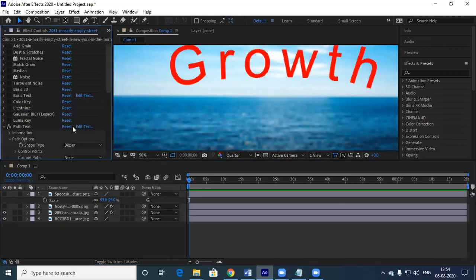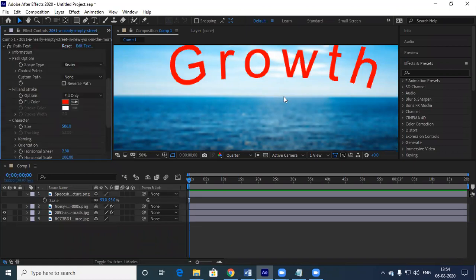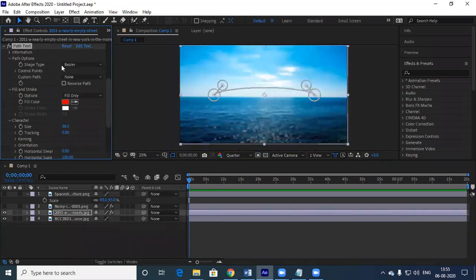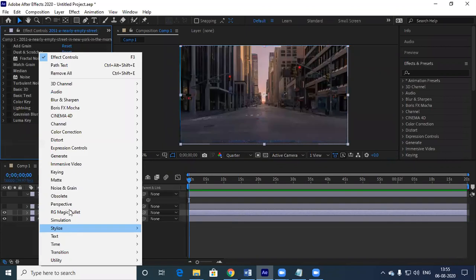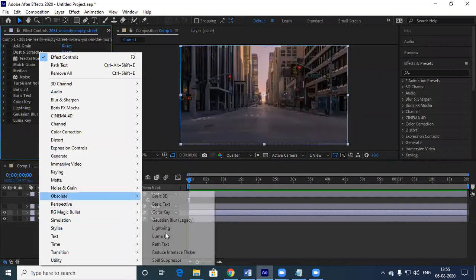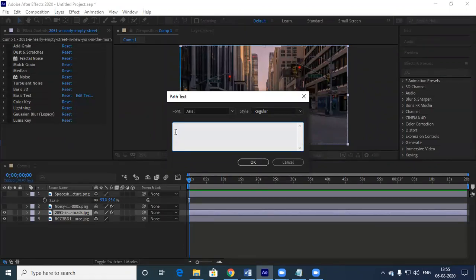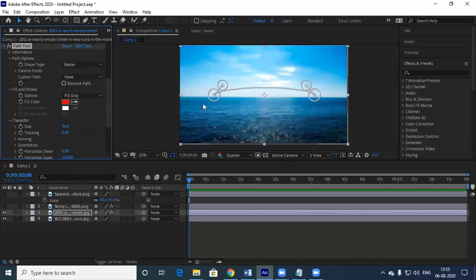So what I'll do, let me just reset this first. By default, when you apply path text, it will ask, okay, let me just create one first. Right click, absolute path text. So it will open a folder like this. I just have one. Okay. And give okay. So now you get something like this. Fine. If you look closely here,